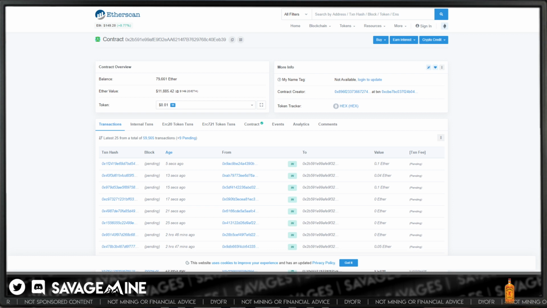Okay, so I think that this is the actual contract. This is the Hex contract on the Ethereum network.